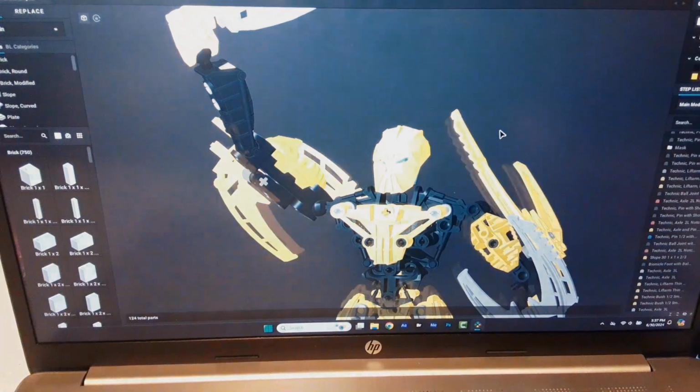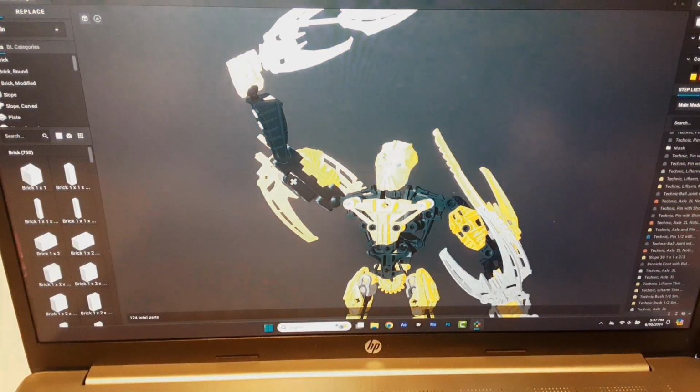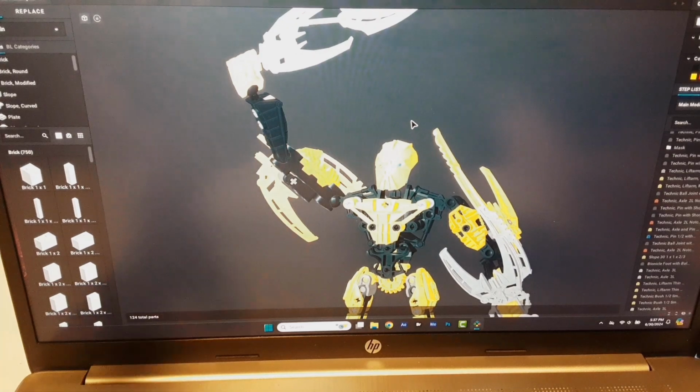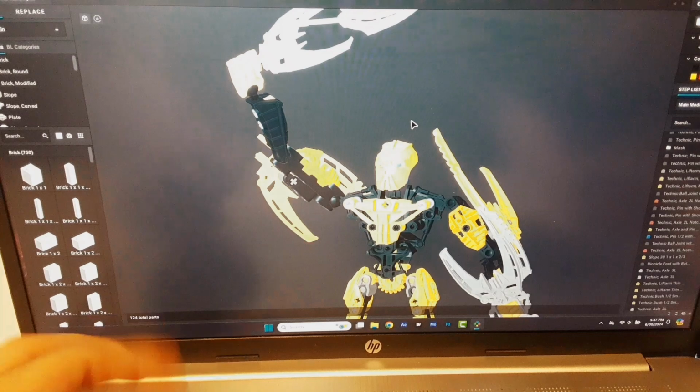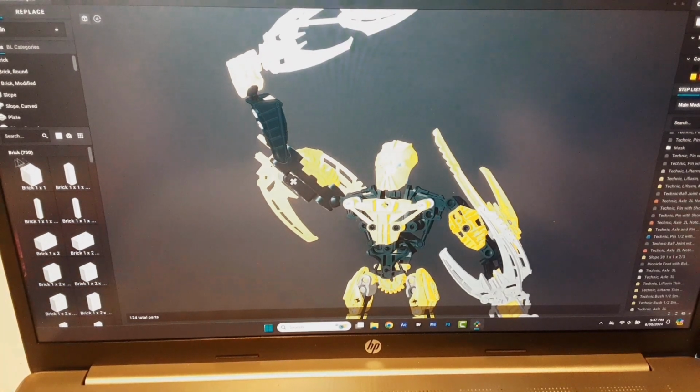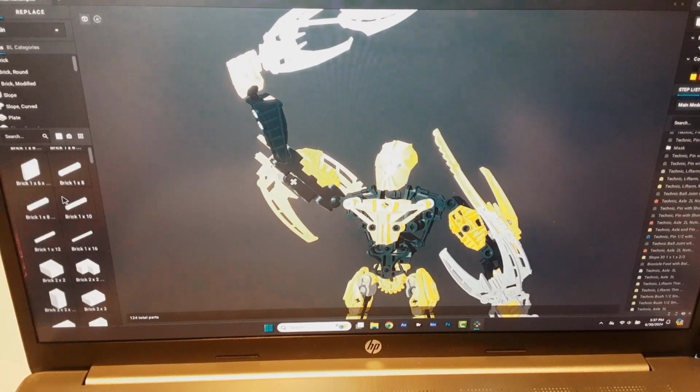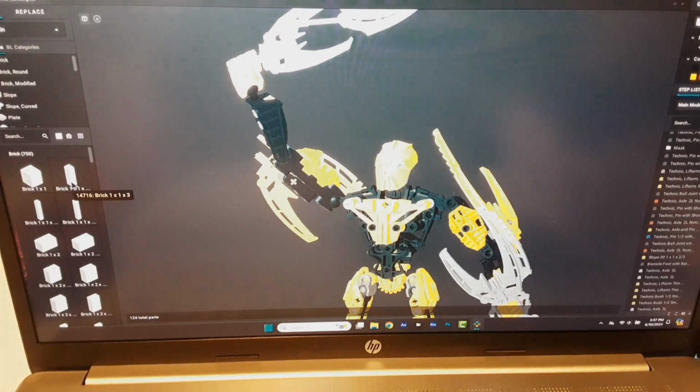But the reason why this is like 3 different bits is because this mask is not within Studio. It's actually a custom thing. It's a custom part. Now, see on the left side here, I have all these bricks, like the 1 by 2, and when you hover, it actually shows the number. And you can then go to this,